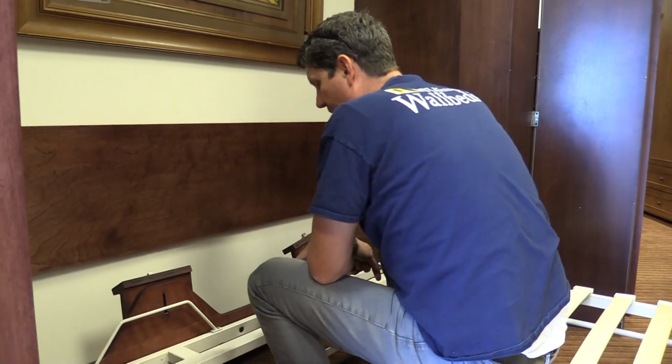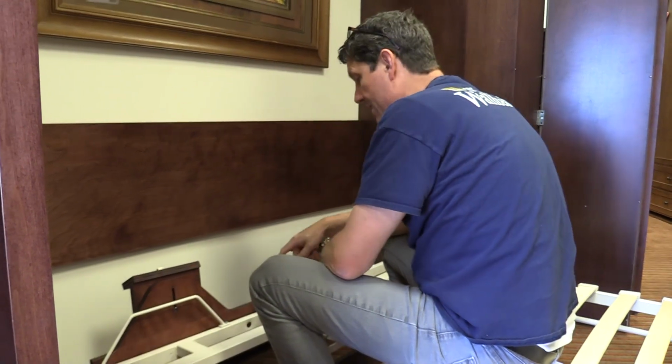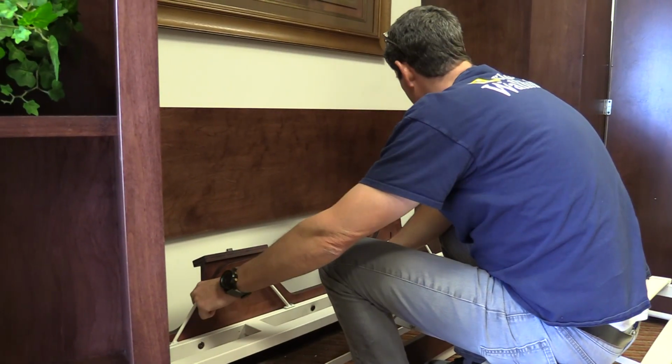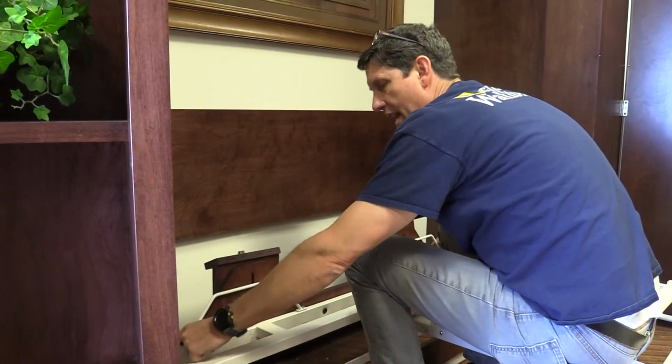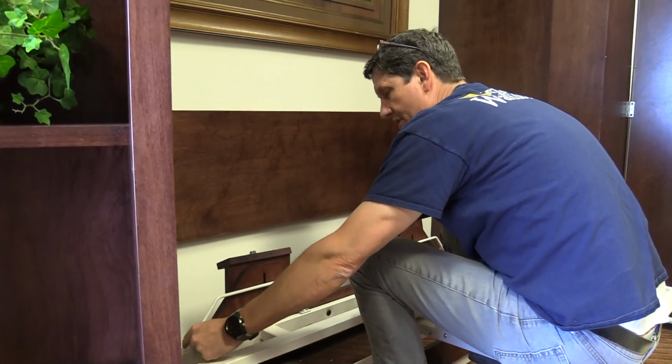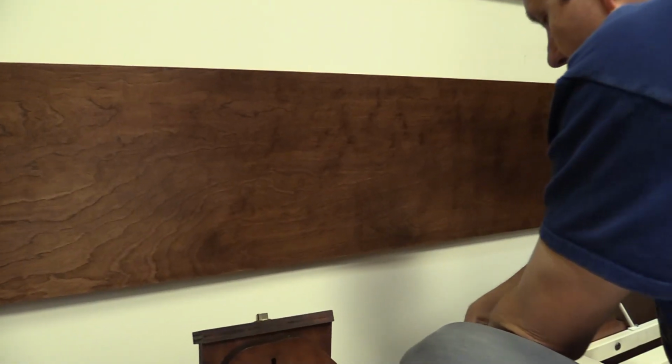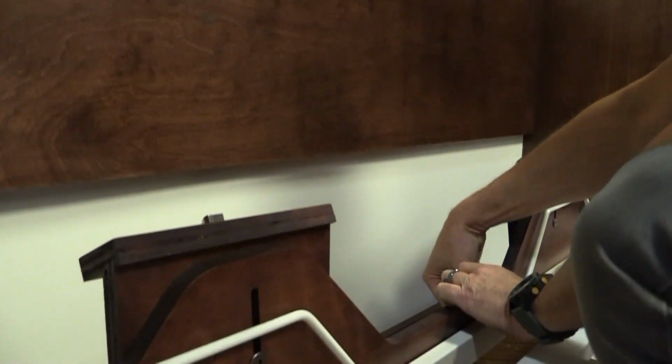Okay, so I've got all those furniture screws and the barrel nuts in place, and I'm just going to adjust this so it's basically in the center. I'm just kind of eyeballing it. I just want this kind of in the center here, and once that's there, then I'm just going to go ahead and tighten all of these